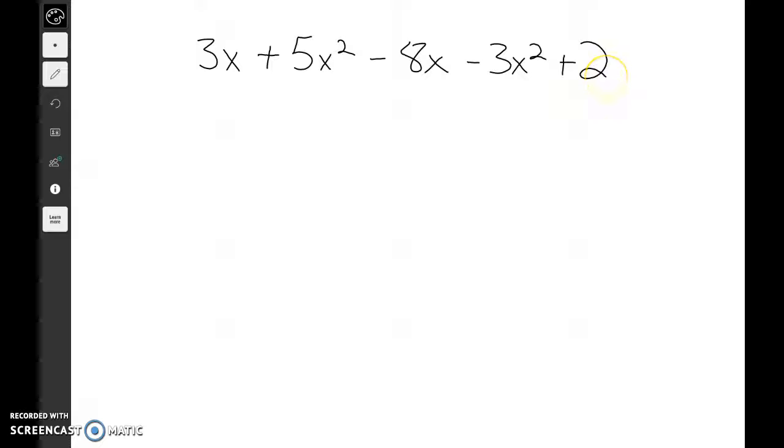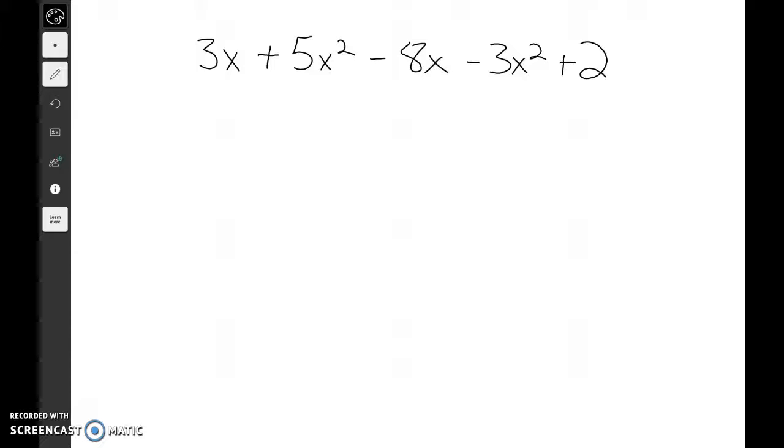All right, the last thing we're going to talk about is going to be combining like terms. The concept of combining like terms is something that's going to carry into our next lesson. So let's look at this real quick and just make sure we can understand how to do that. So let's take the example 3x plus 5x squared minus 8x minus 3x squared plus 2. If we had this problem and we needed to combine like terms, the concept is actually a very simple one. To combine like terms, we're going to take and combine the coefficients